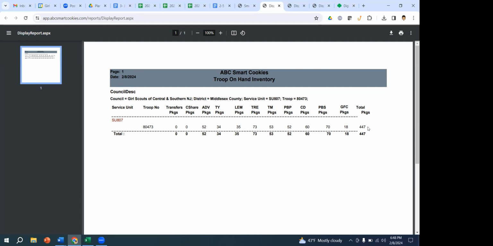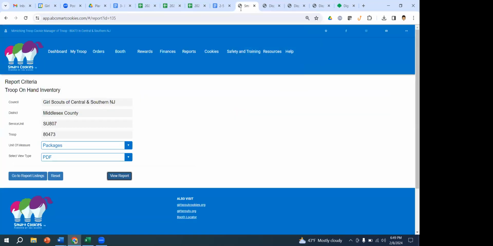It could mean one, you've placed a planned order for this week, but you've already given credit to those girls for those cookies. So that number is going to stay negative until we approve the planned order on either Friday or Monday. Once we approve the planned order, those cookies that you preemptively transferred, if it matches, will go to a positive or to a 0. If you don't have any planned orders pending and you're showing a negative number here or in the dashboard, then that means that you've over transferred cookies to girls that you don't have.